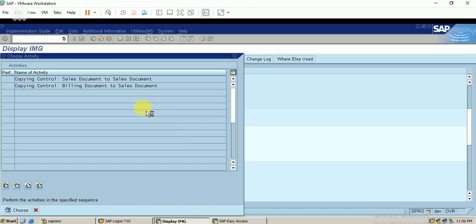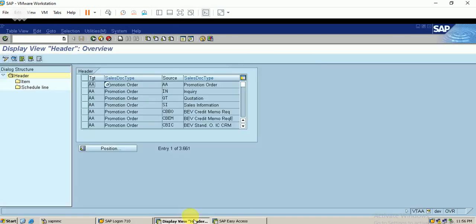The main theme of copy control is that if we create the inquiry, the data provided in the inquiry should be copied to the quotation, and if we create the sales order with respect to the quotation, the details in the quotation need to be copied to the sales order. So for this we are going on with the copy control. I just double click on it.